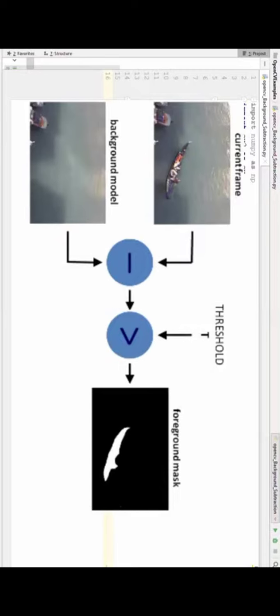The foreground mask is obtained by performing the subtraction between the current frame and the background model containing the static part of the scene. So for example, the background subtraction method can be used in the case of a visitor counter, where you have a static camera capturing the number of visitors entering or leaving the room, or